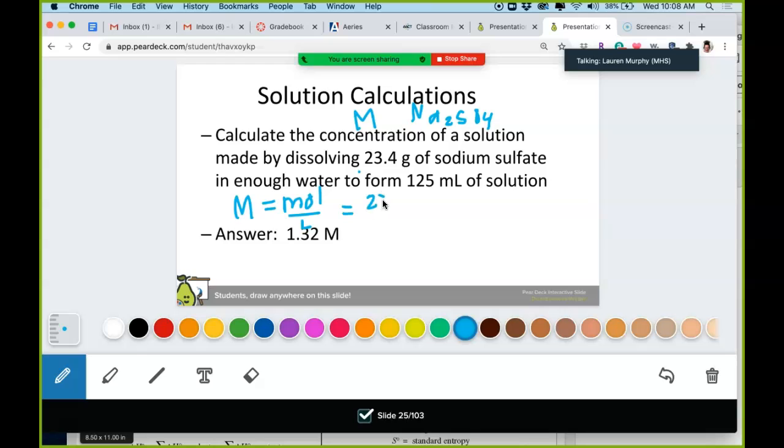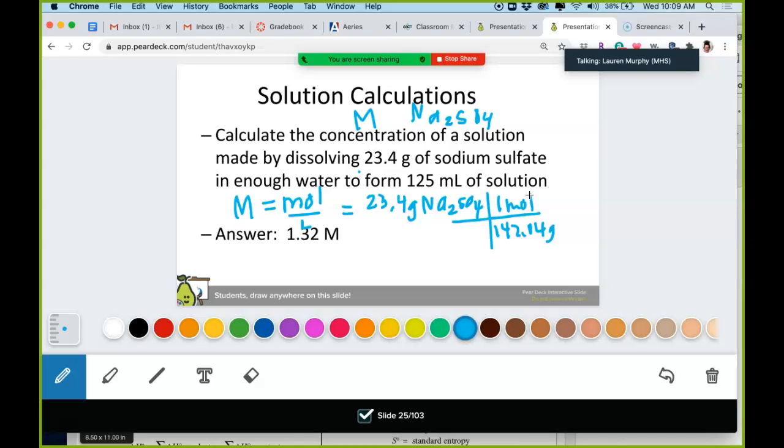So 23.4 grams of sodium sulfate. What is that guy's molar mass? I have no idea. If you know it, you can shout it out. Otherwise, I'm going to take a second to figure it out. So this all comes from the periodic table. It is 142.04 grams per 1 mole. So 23.4